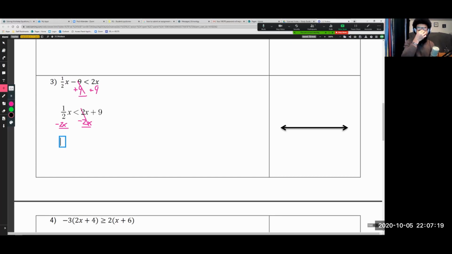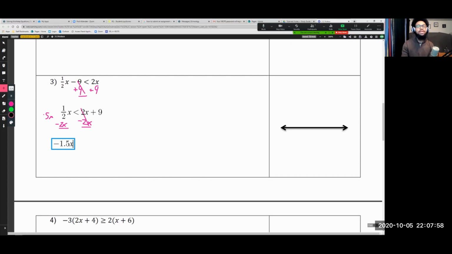Usually I don't like changing numbers to decimals, but in this case, since we're graphing these on a number line, it is okay. You can change this 1/2 x to 0.5 x. So let's go ahead and just rewrite this as 0.5 x minus 2x. This 0.5 and this -2. So 0.5x minus 2x is going to give me a negative 1.5x